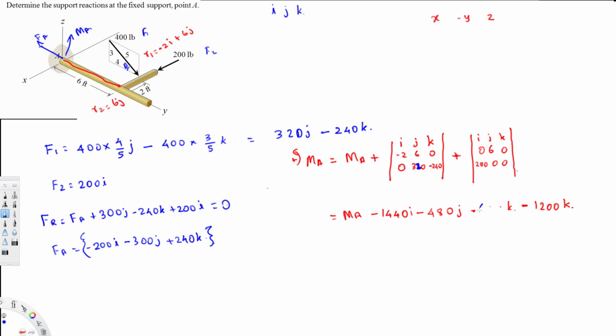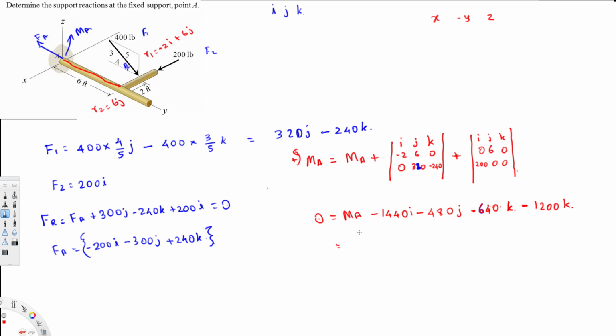So 640k and 1480. Others are correct. When you multiply, others won't make any mistake. So these are the things, and therefore the final answer is going to be, all of them are equal to 0